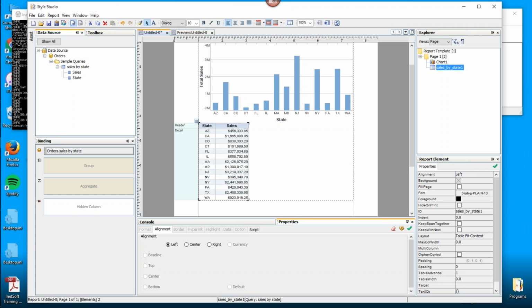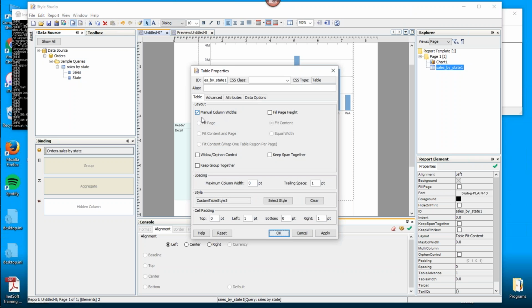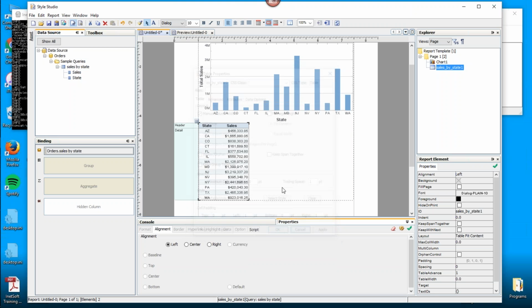So now I've basically overridden that automatic layout. So now it's no longer in that automatic layout mode. By doing that, basically I put it into manual mode. So if I right-click on the table again and go back to Properties, you can see that rather than having one of these automatic layout modes selected, it's switched itself back to manual column widths, right? By making that change, by explicitly dragging the columns, it puts it into manual size mode. So I basically overrode the automatic sizing.